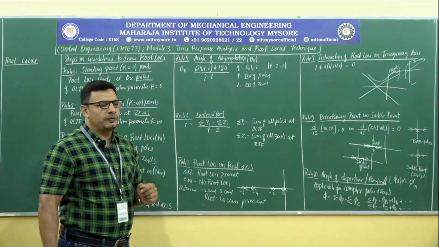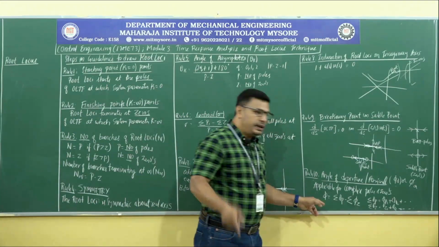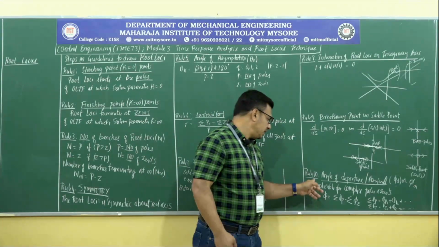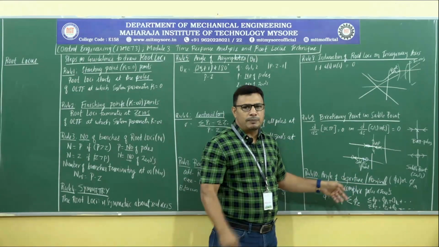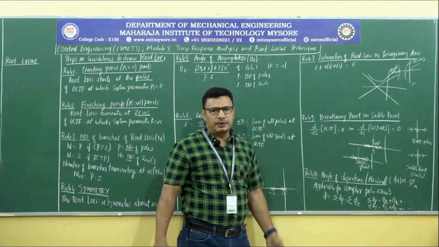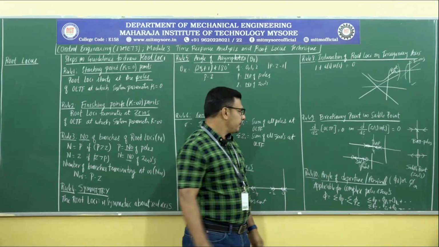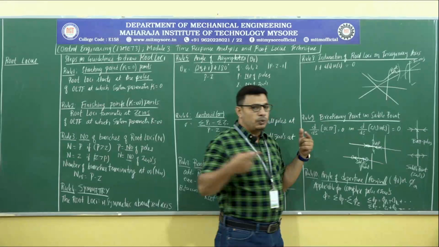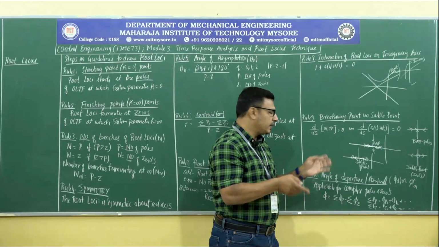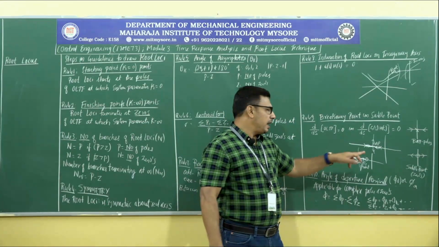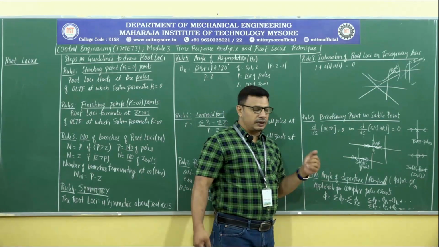Not all the problems will demand the application of all the 10 rules. For example, if and only if there are complex poles or zeros, you need to apply rule number 10, that is, find the angle of departure or arrival. If there are no complex poles or zeros, then this is not applicable. We can just write a comment that since there are no complex poles or zeros, this rule is not applicable. Breakaway point: if two branches of root loci are meeting on some axis and heading towards one another, then the breakaway point or saddle point will come into existence. Otherwise, even this is not applicable.